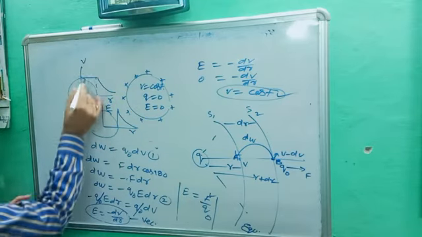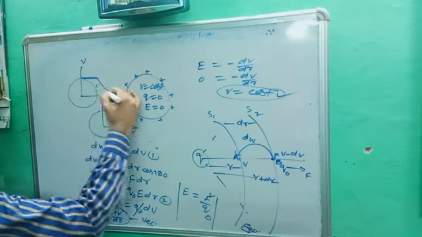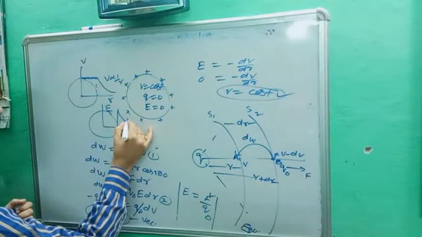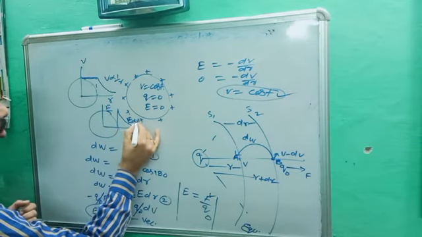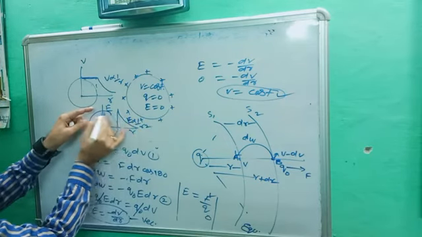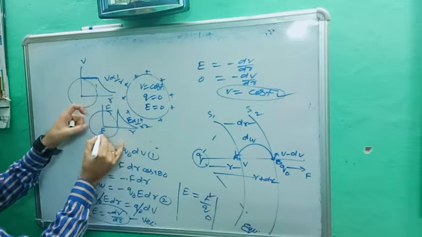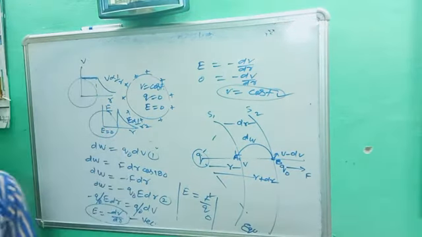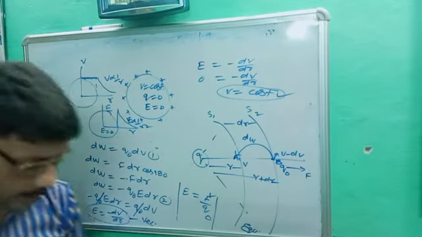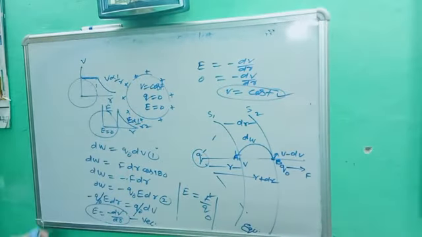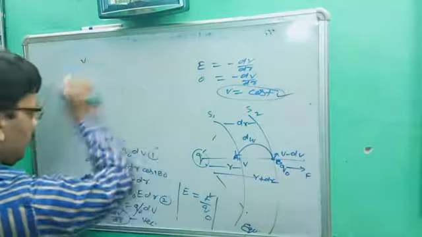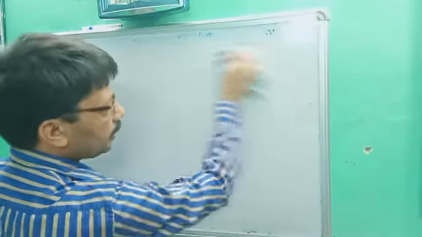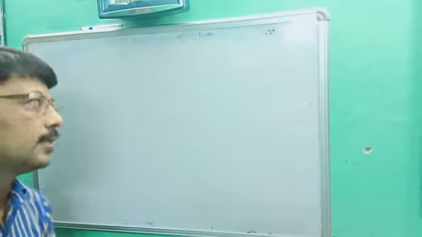You are getting here potential remains constant. When we increase the distance, potential decreases; V is inversely proportional to R. Here E is inversely proportional to R square. But inside, no graph is found for electric field because inside the electric field is 0. So these are the conceptual points for potential and electric field. Okay. So one more question today we'll consider, that is called electric potential energy. Note down the point.